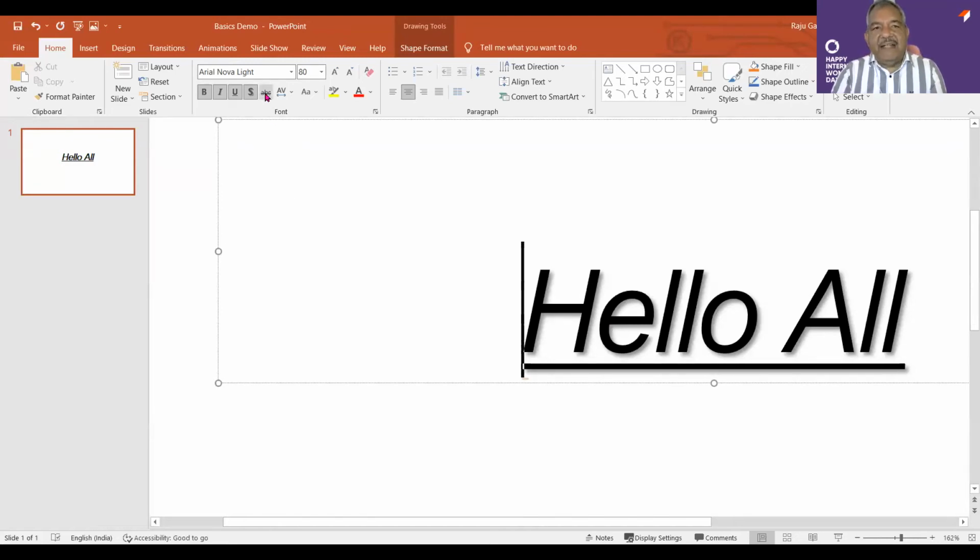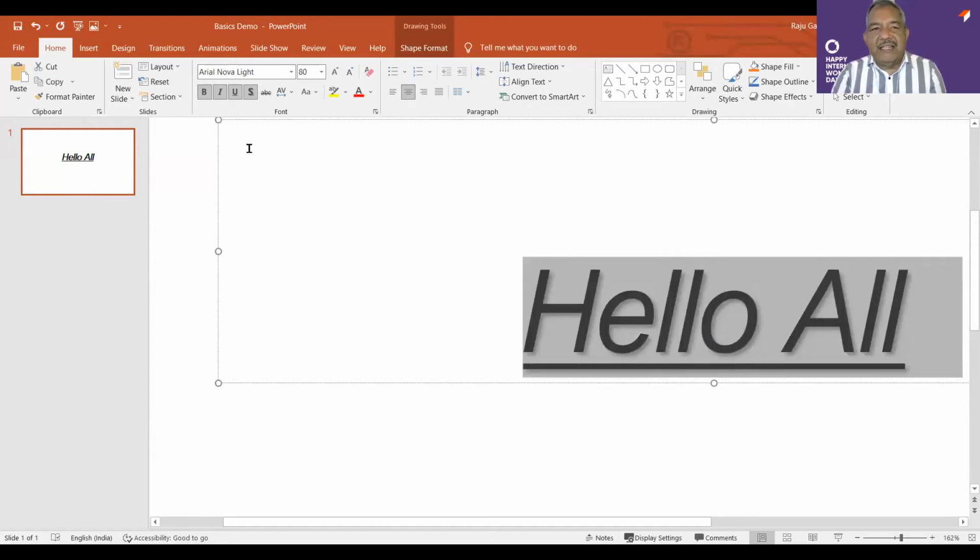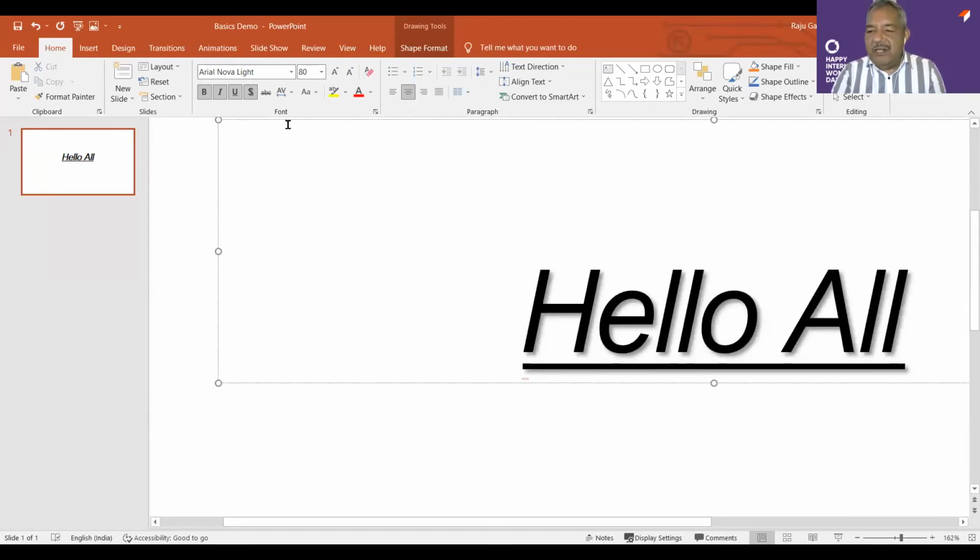By the side of that is again strike through. If I select this and I hit the ABC, it's a strike through. A line will be drawn across. Right? Same as in Word. The next to that is the character spacing. What it will do is very important as far as